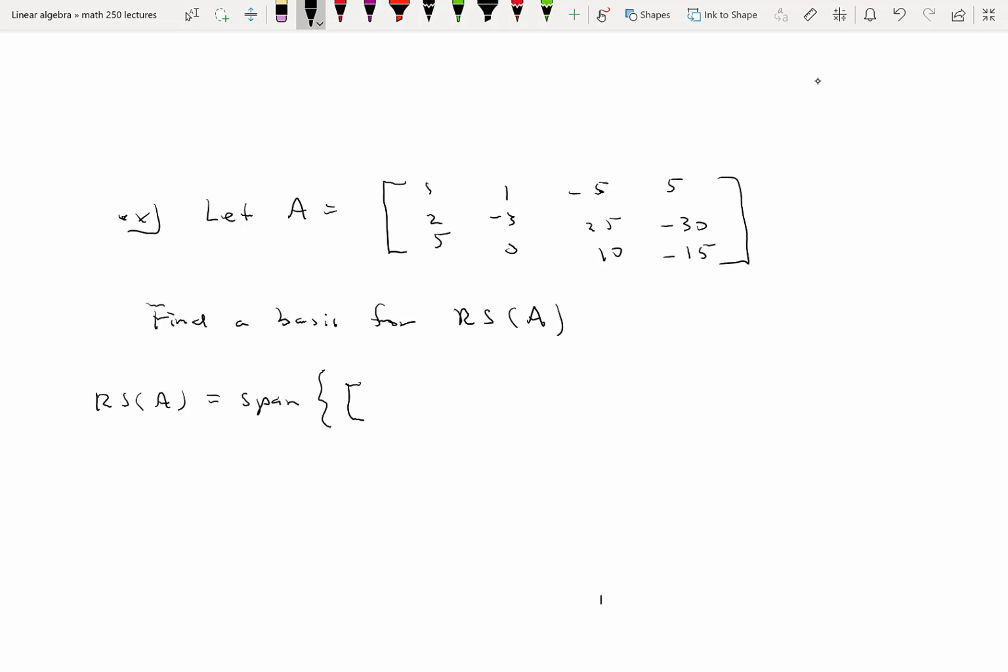It's the span of the row vectors 1, 1, -5, 5,